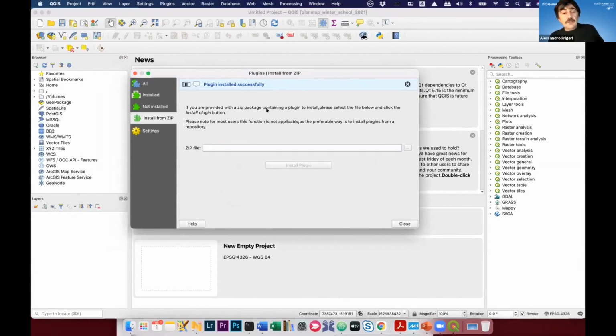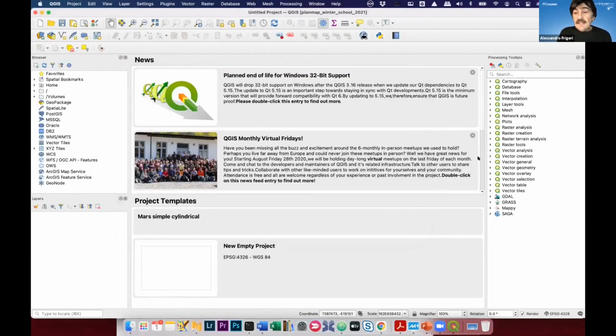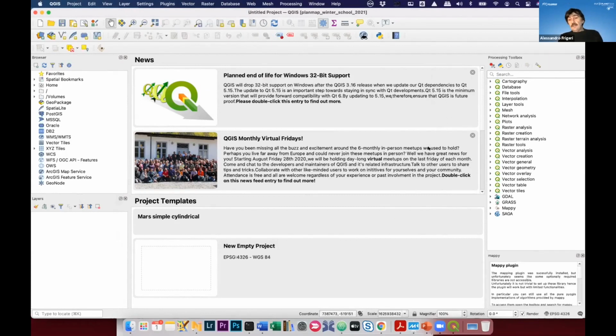After you say install plugin, you have the message that the plugin has been installed successfully. And then you go on plugin and you see Mappy plugin. So before you had to manage and install, and then after the installation, you have Mappy in the plugin menu. You fire up Mappy,